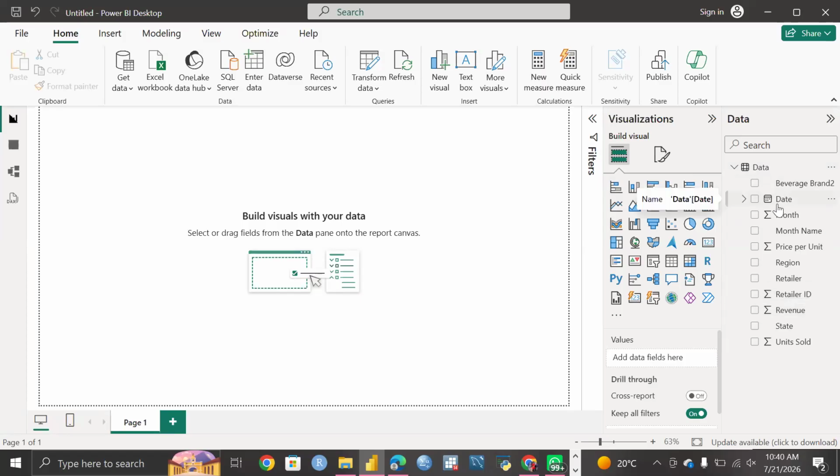So I want us to go back again to the editor where we were. I want us to go back to the query editor and rename our beverage brand to just beverage brand without the number 2. So over here to your left,